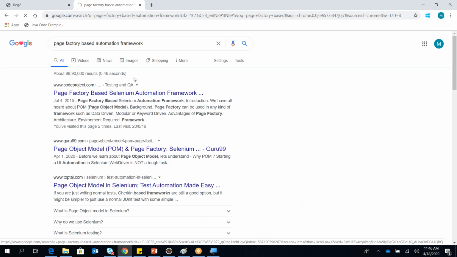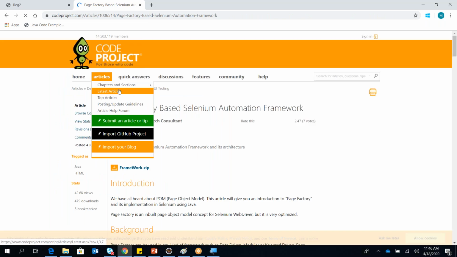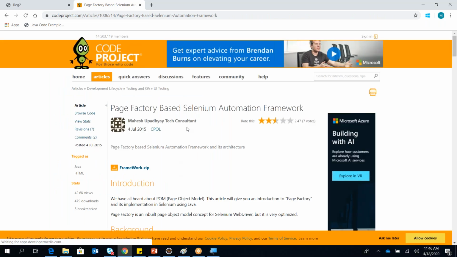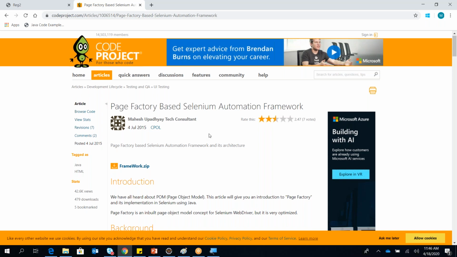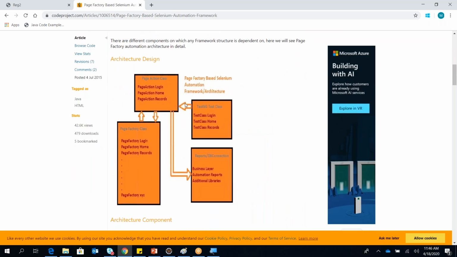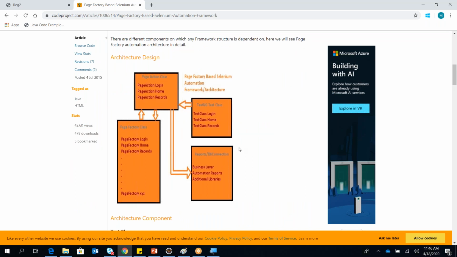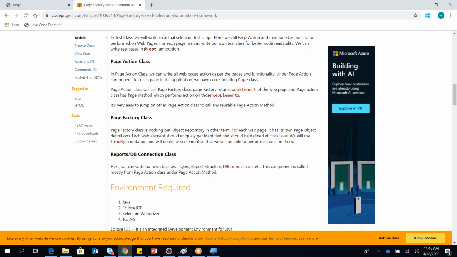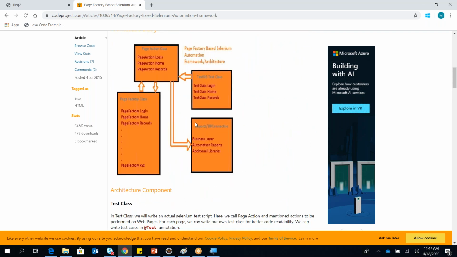You will get all the important details about this framework. There is a free framework also available. You will see the structure in the architecture design diagram as well, and every component is explained here. So again, page actions are the actions over any of the locators. Locator is what? Your web objects, elements, which you need to work with, and test is where you need to write your individual test cases.